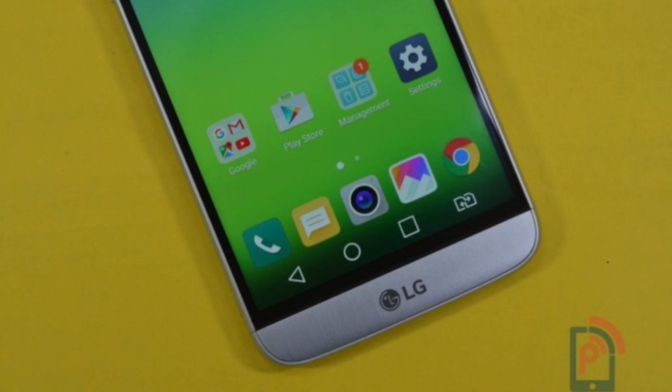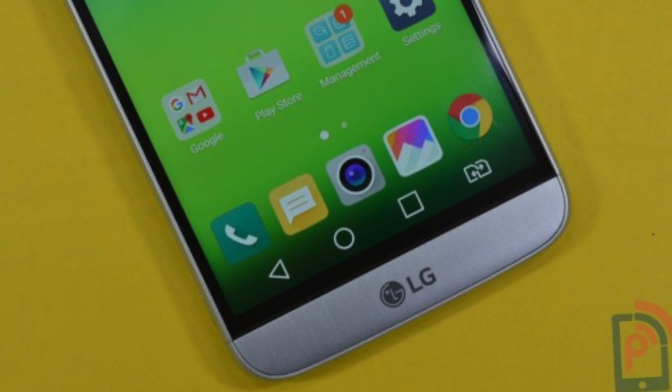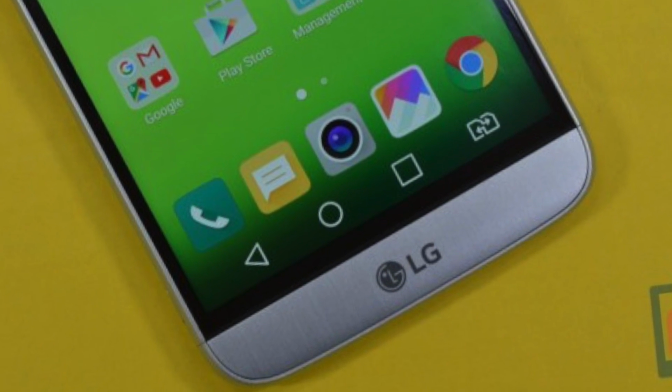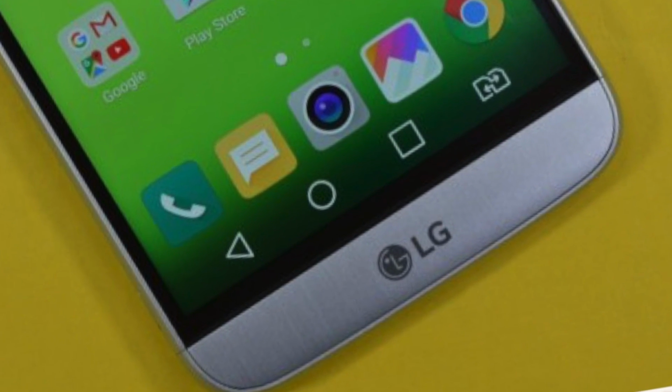So when we talk about the iris scanner here, LG recently launched a new module for the iris scanner, which pretty much includes both the front camera as well as the iris scanner in the same exact one sensor. So if you notice in Samsung Galaxy Note 7, there were two separate sensors. One was the front facing camera and the other one was the iris scanner. But in this new model that LG has launched, they're going to be having both the modules implemented in the same one sensor. So that is something that we're expecting from the company to launch.